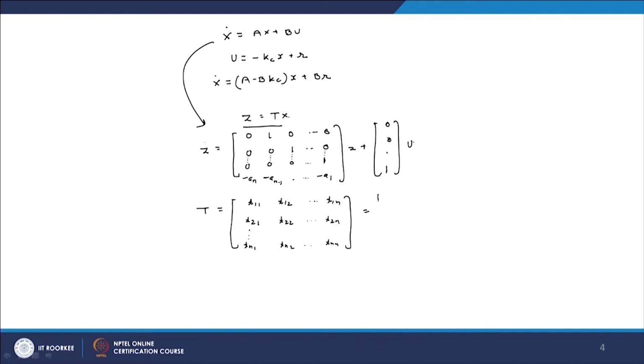Now, this particular row, this row and this row can be represented by T1, T2